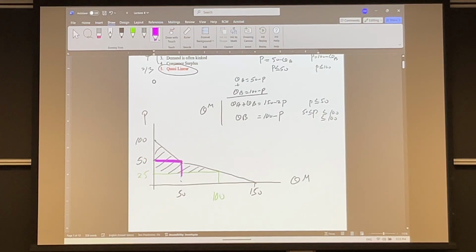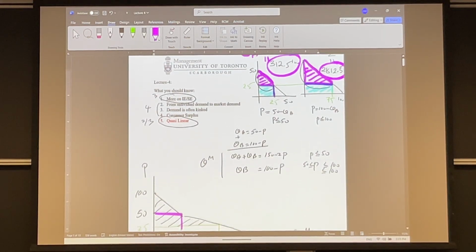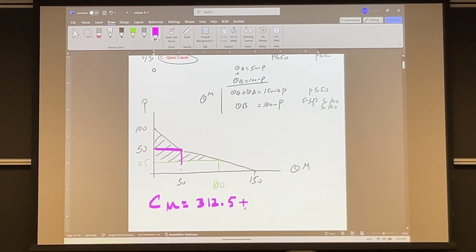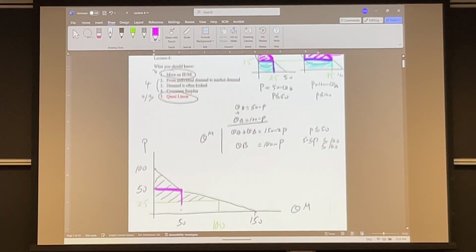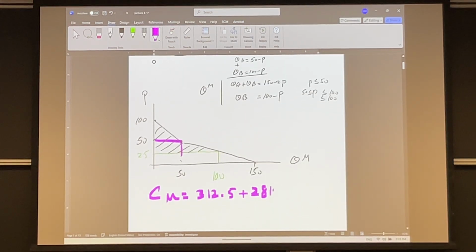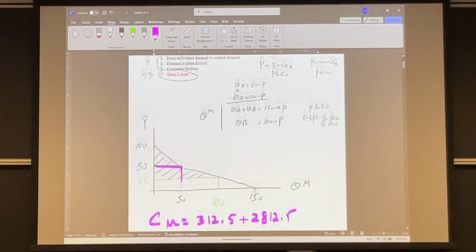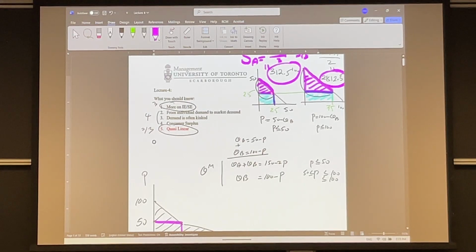So the market surplus in this case is 312.5 plus 2,812.5. Right? So try to get that area, you will get that number. Make sense? But this is more intuitive. Individuals give you the market, so see what the individuals do, and you'll figure out what the market does. Right? Anyway,